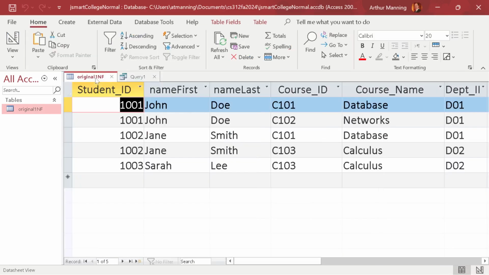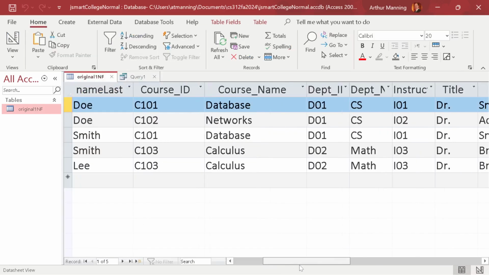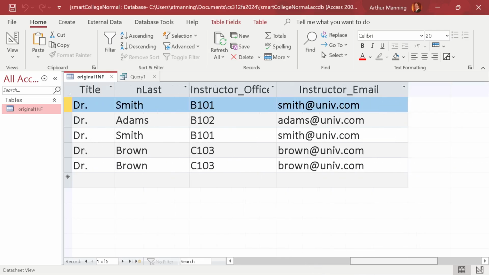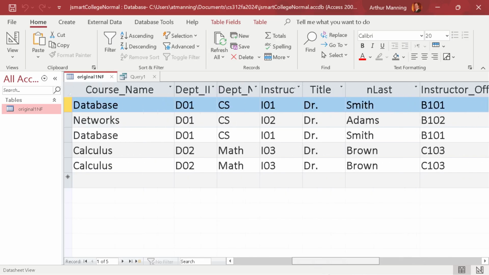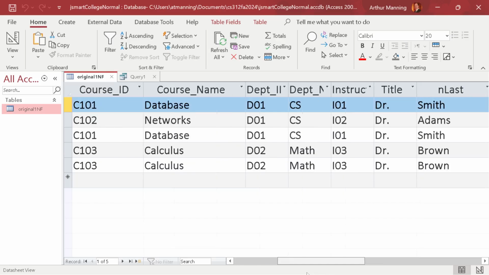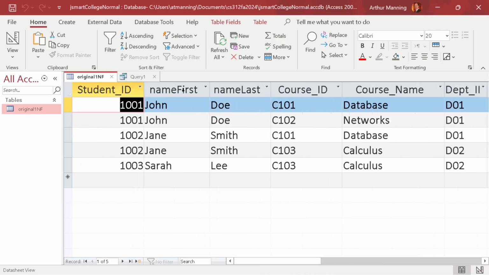And if we go back at this, is there anything else, any other information dependent on the student ID? Nope, there's all instructor information and course information. So these two columns are dependent on the student ID. Since that indicates, hey, that should be in a separate table, so I don't have to repeat a student's name,